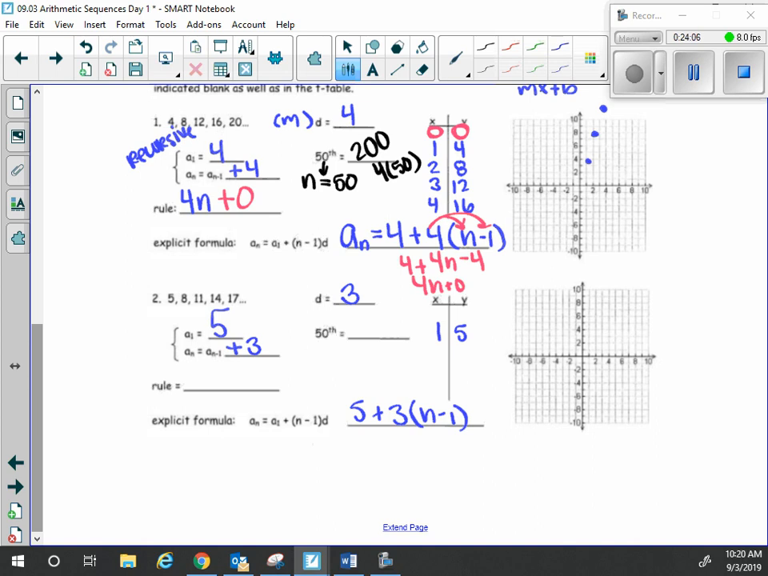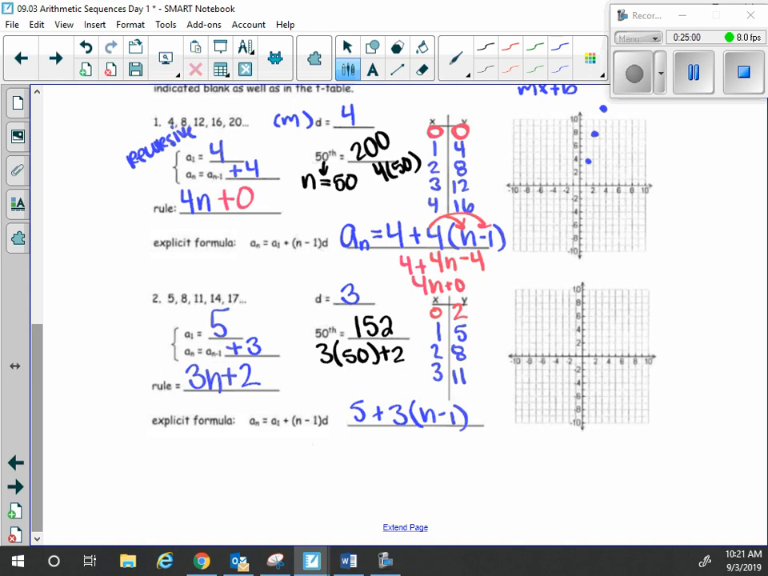My first term was 5. My second term was 8. My third term was 11. So what would my 0 term be? 2. Okay. If my sequence is the first term is 5 and every term thereafter is adding 3, what's my slope? 3. So let's put it together. 3n plus 2. Very good. So to find my 50th term, 3 times 50 plus 2 is